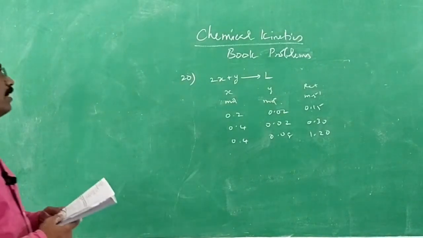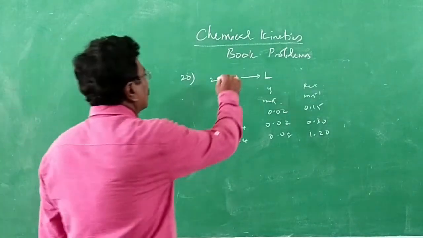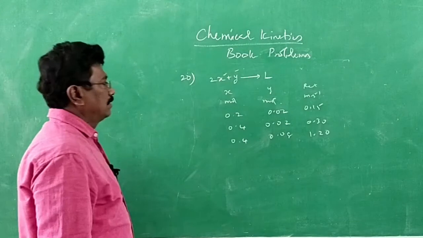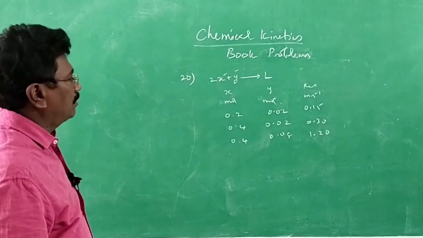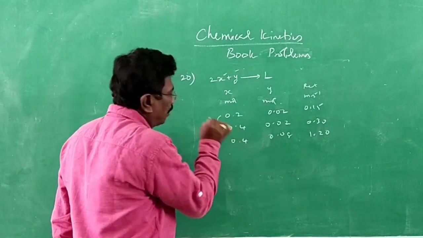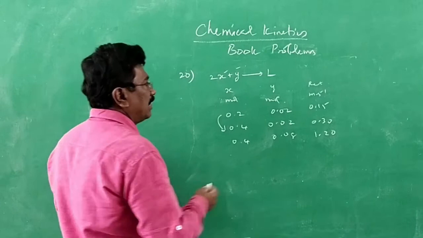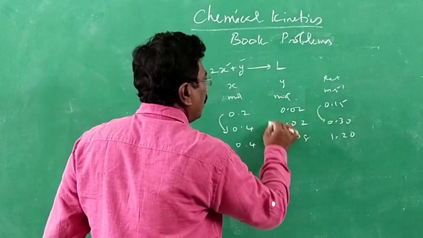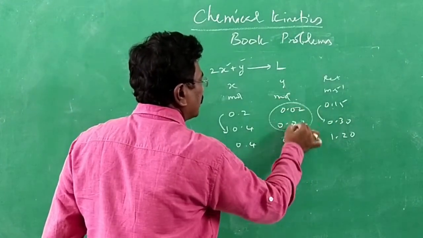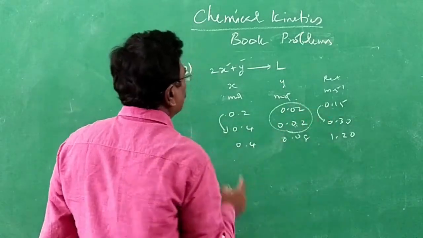So how to find out rate constant? To find out the rate constant, we should know the order of the reactant. Here, when the concentration of X is doubled, rate is also doubled, keeping concentration of Y constant. Concentration of Y is not altered. If it is doubled, rate is doubled. Therefore, first order